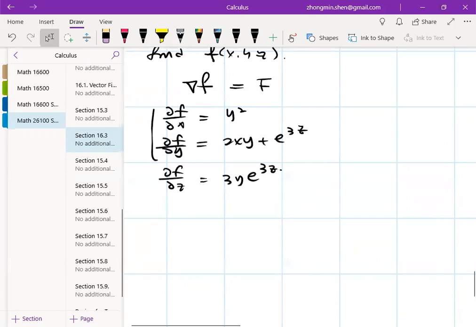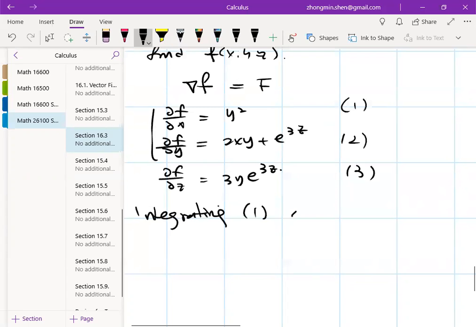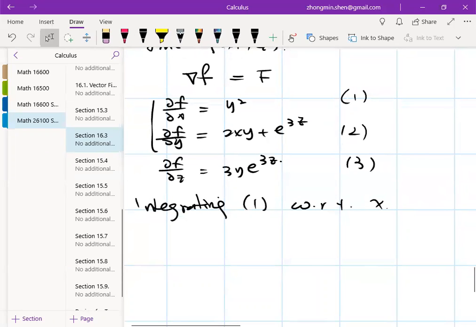Okay, so let's do this. The function f has 3 components, right? So if you integrate, this is the first equation, that's the second equation, that's it. So integrating 1 with respect to x, okay? If you integrate 1 with respect to x, you will get